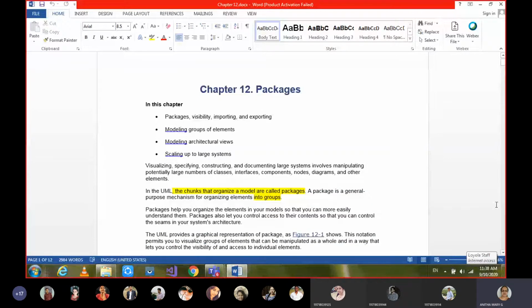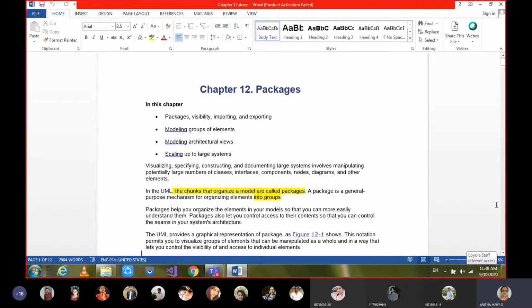So here, before going into the details of this, I want the answers from you. What is a package? Because this is a thing we have already learnt in basic building blocks. What is a package? Grouping of things or packaging of things. Okay, so that is called a package.